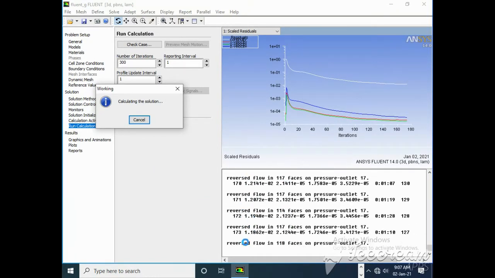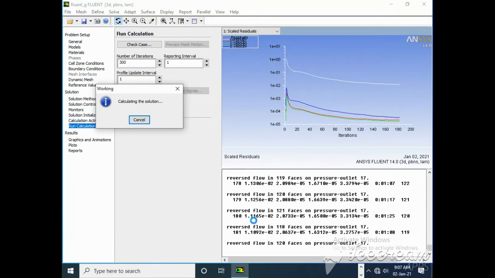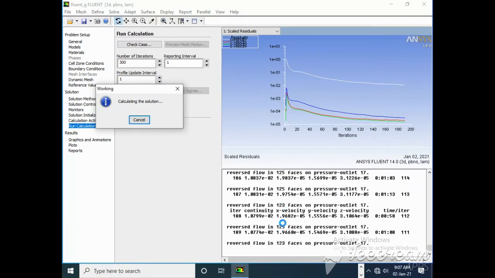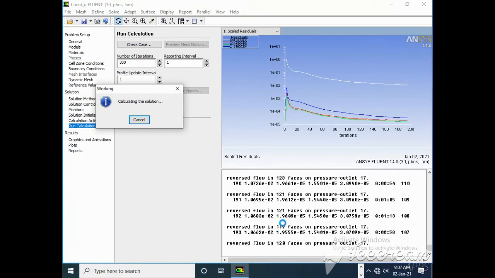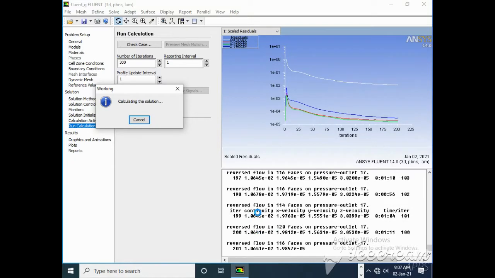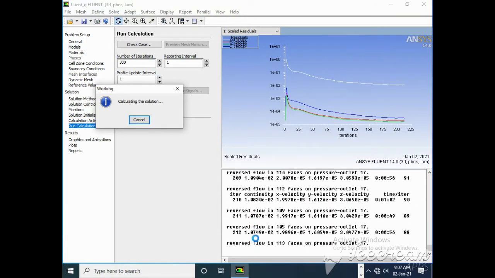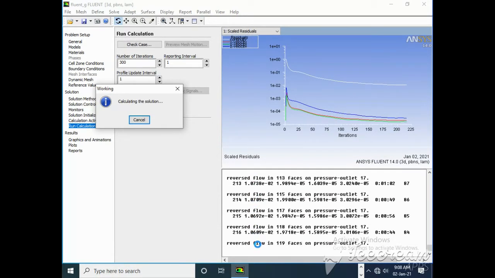Here you can see in the iteration, the first column is the number of iterations and the second column is the continuity equation. Now you can see the continuity equation varies around 1.06, 1.07, so it is not going below or above. So it is now 0.08 and 0.07. It means whatever limit of iterations we have given is right, and no need to go further and further.